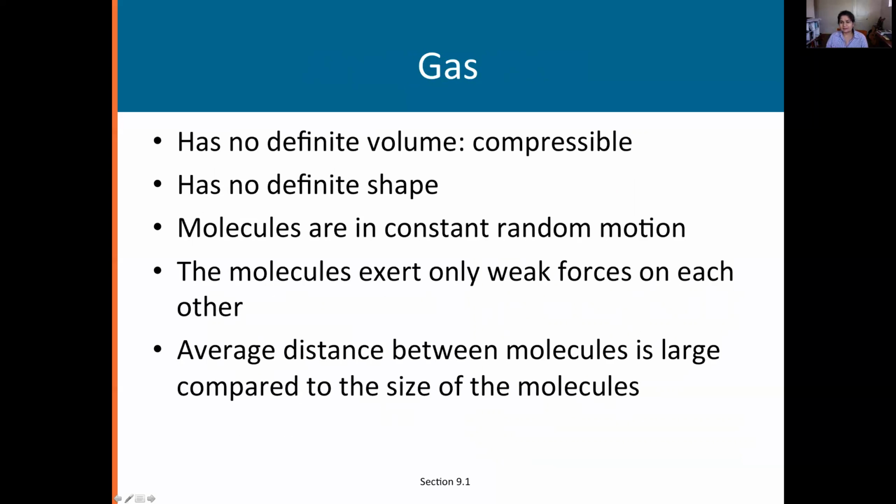What about a gas? A gas expands to fill the space, and it's also easy to compress gases. So it has no definite volume. It takes the volume of the container. It also has no definite shape, taking the shape of the container. Its molecules are completely free to move and in fact have no linkage with each other, no bonds. The average distance between the molecules is extremely large compared to the size of the molecule, so it's mostly empty